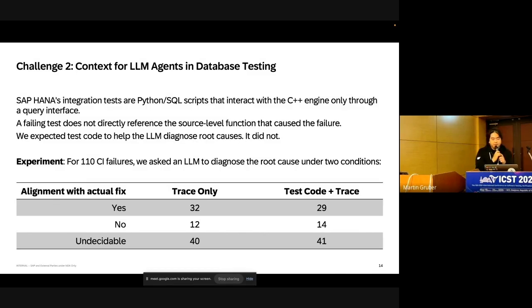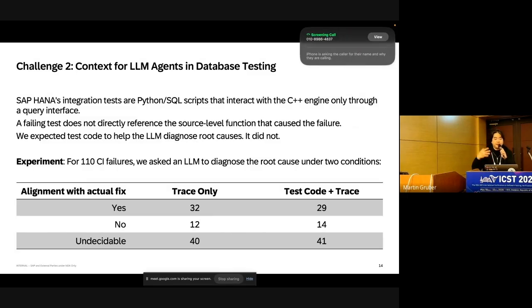So we wanted to know which context is meaningful and effective for LLM agents. And firstly, in SAP HANA's integration testing, we use Python and SQL queries to interact with the live